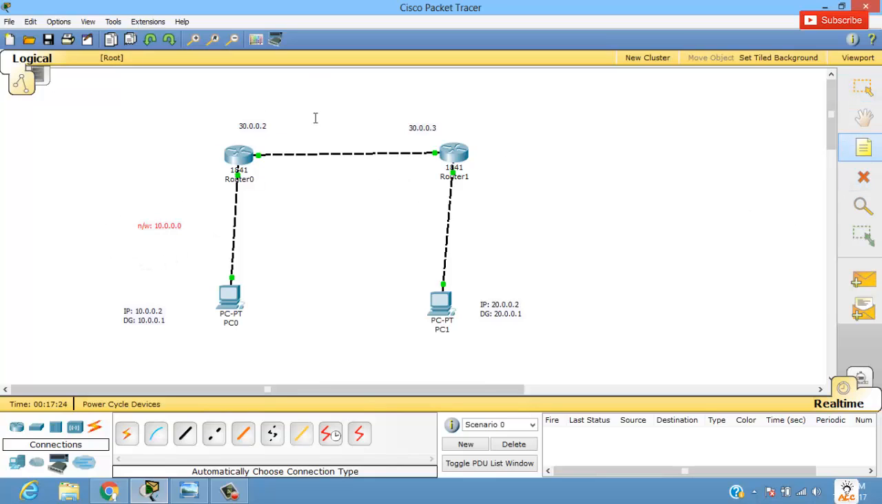Network address for this particular one, this is again in class A. So 30, I'll say network address would be 30.0.0.0. And for this again we have network address as 20.0.0.0. So now